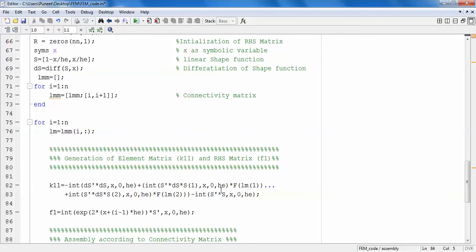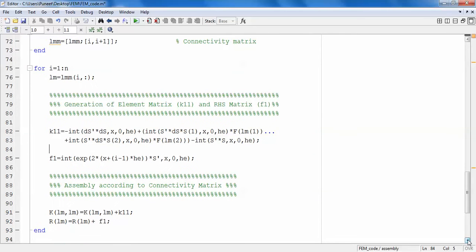I am referring to my earlier video on the FEM. So what is assembly? Assembly is that you go on substituting all these values one by one into the prescribed positions. This klm is a command.